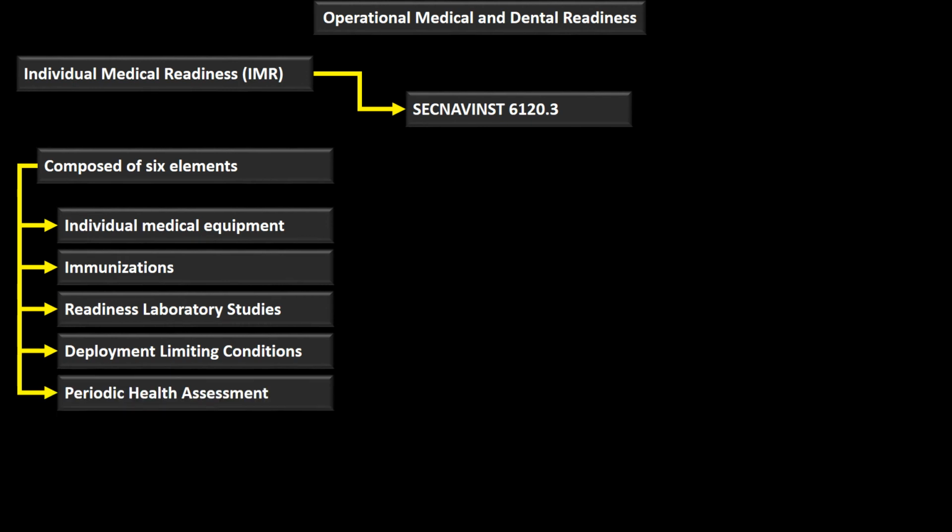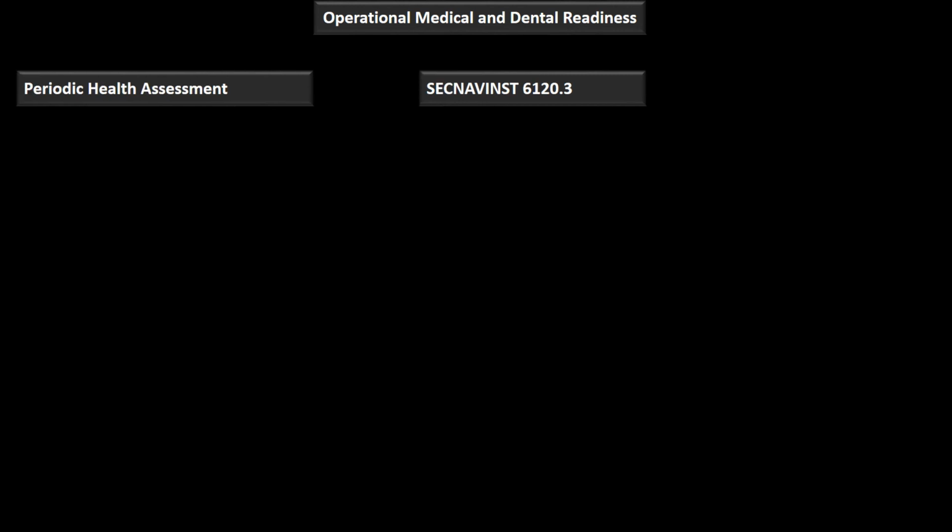The periodic health assessment, the PHA itself, is a part of your IMR, and dental readiness as well, okay? So 6 things fall under your IMR: individual medical equipment, immunizations, readiness laboratory studies, deployment limiting conditions, periodic health assessments, and dental readiness. Like we said, your periodic health assessment is dictated by SecNav Instruction 6120.3,